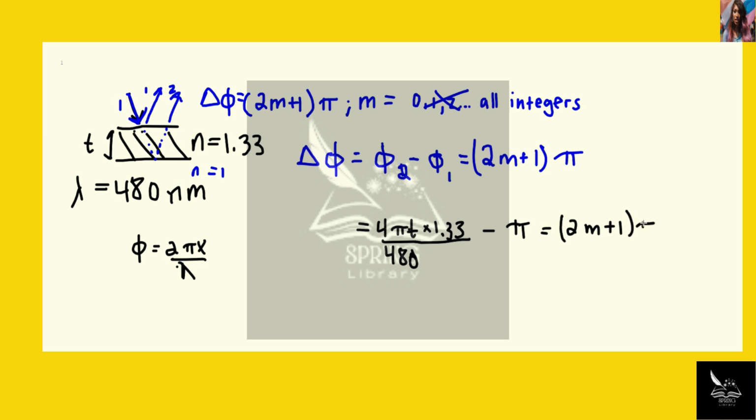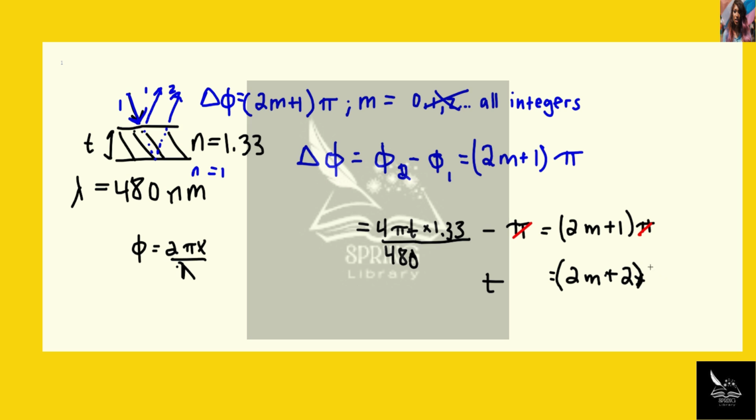And then now what we can do is just solve for t. So I guess I started using numbers. Yeah, that's fine. So let's go ahead and solve for that. So we can, this is a 1, we'll bring it to the other side. So it's going to be 2m plus 2. And then if we just isolate this for t, we want to multiply this whole thing